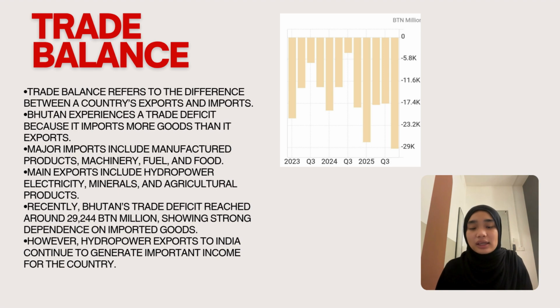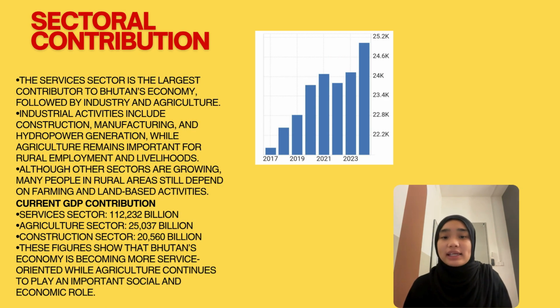Recently, Bhutan trade deficit reached around 29.244 BTN million. However, hydropower export to India continues to provide an important source of national income. Now let us move to